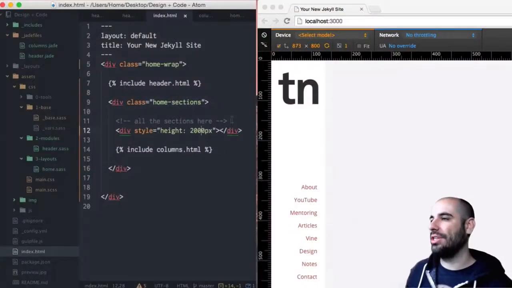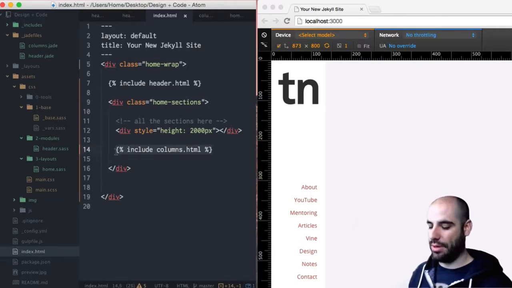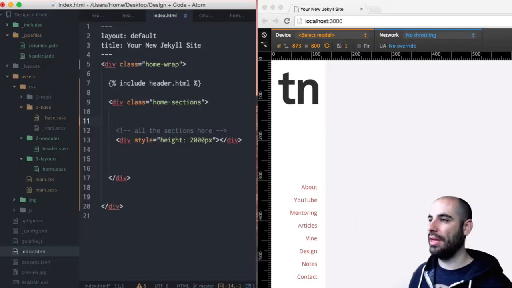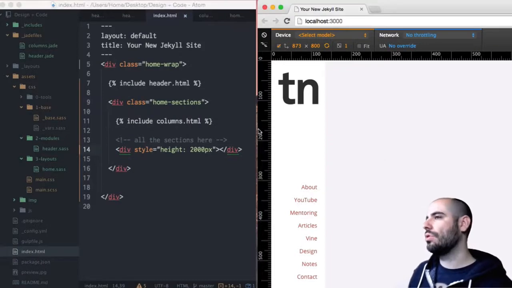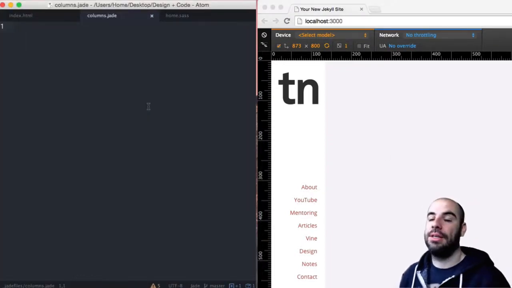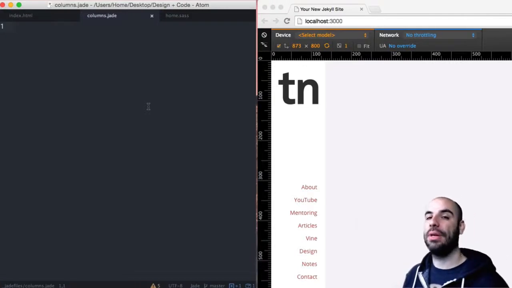Currently in that home section there's a div with a 2000 pixel height, and I'll just leave it there. That doesn't matter, but I'll put that below the columns. Actually, I'll put these columns above that thing so we can mess with it. Okay, cool. So in our columns new document here, we're going to simulate what it's like to be creating these